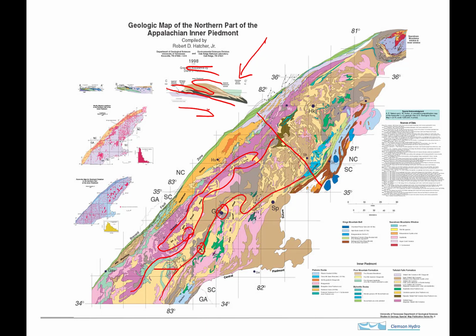and you can see here this is a very complexly folded region right in here, and so these are a series of thrust sheets that are stacked one on top of another as the shortening occurred along this convergent margin. And so that's kind of the big picture. From a hydrogeologic point of view, the rocks that occur in this region are